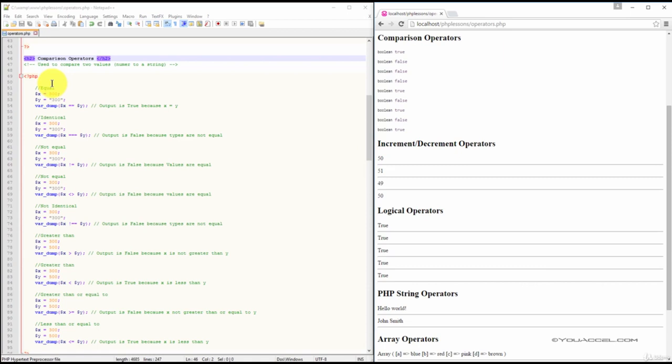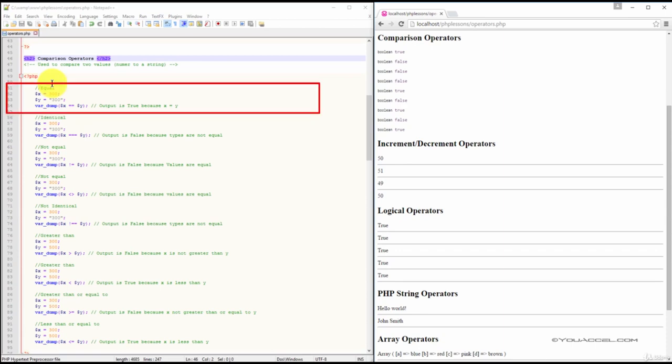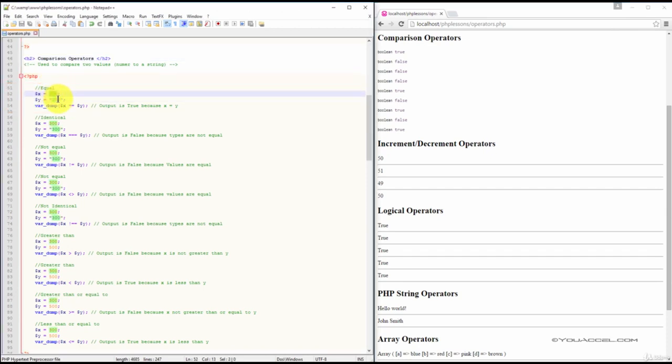Comparison operators are used to compare two values, numbers or strings. In the first example, we've set the value of x to 300 and y to 300 with quotes. So, no quotes and quotes. We've used the var_dump function to compare x to y using a double equal sign. The double equal sign is going to check if the value on the left is equal to the value on the right. And because 300 is equal to 300,